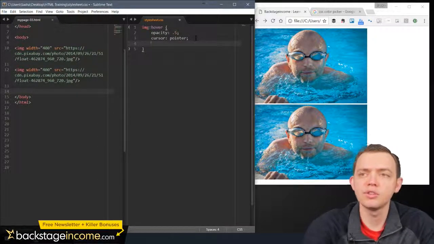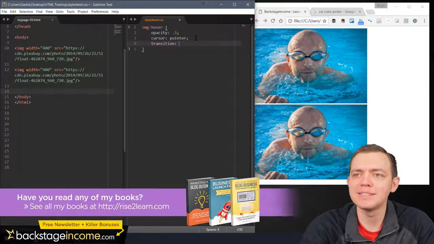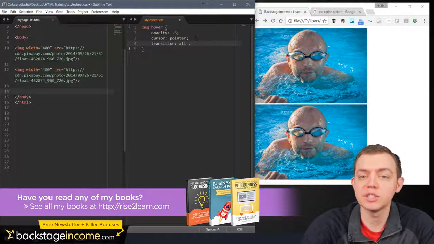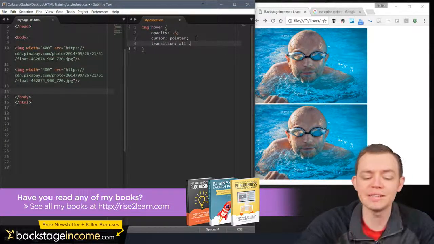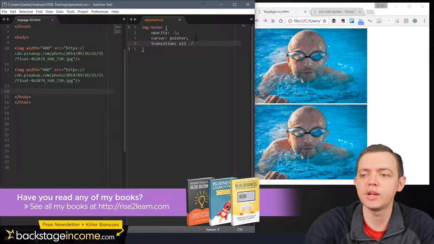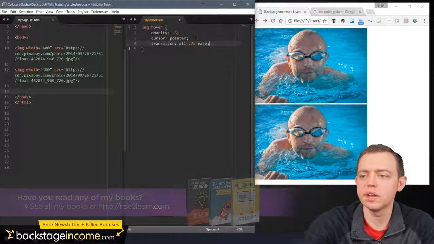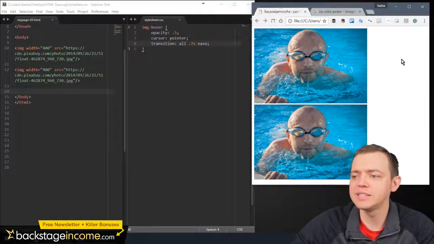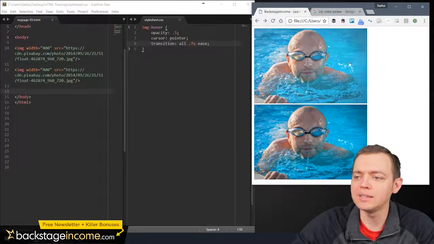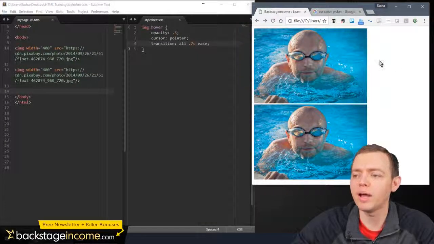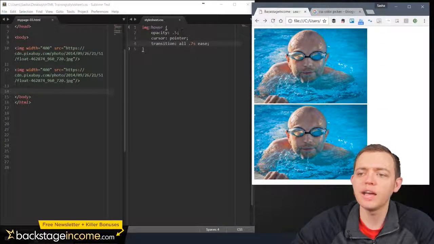And the other thing that I could do is do a little transition. And a transition is where it fades in a little bit. So what we could do is do like a 0.7 seconds and we ease. Okay, so now watch how nice this actually starts looking. So as I roll over and roll out, you can see how right there as I roll in, it eases into that. Now when I roll out, it doesn't work very well, but you can see how the opacity